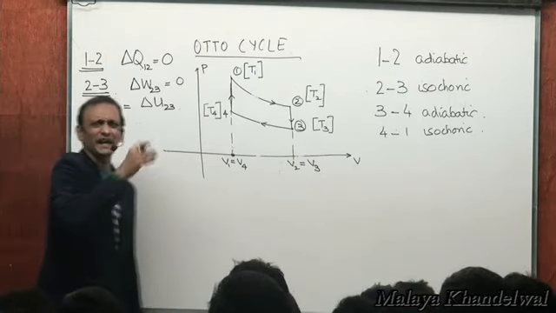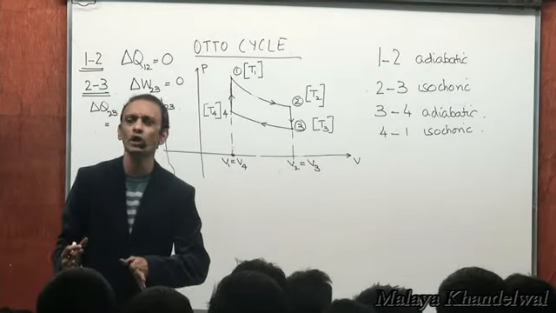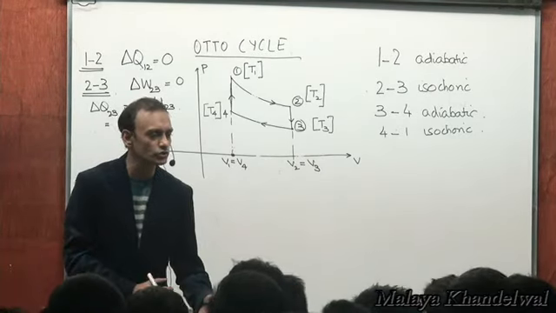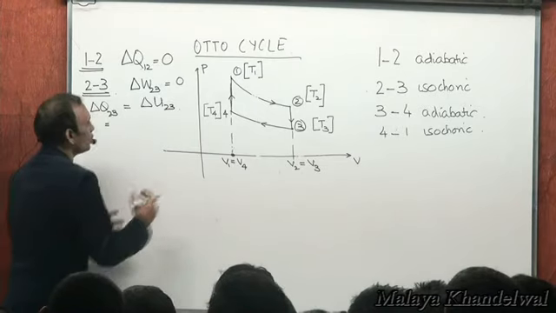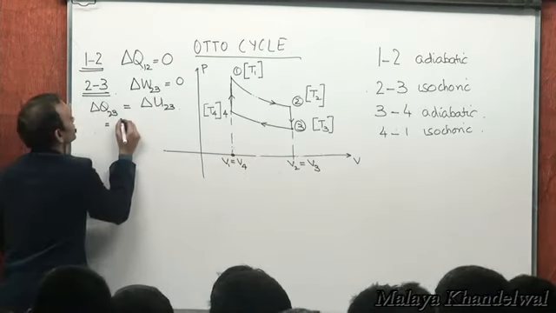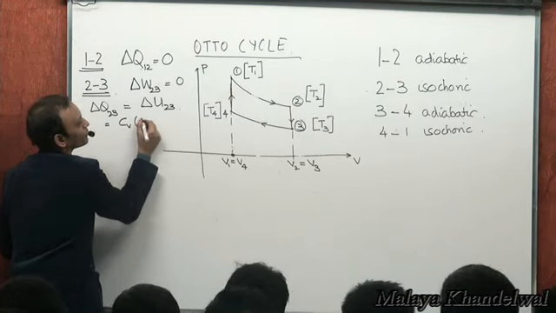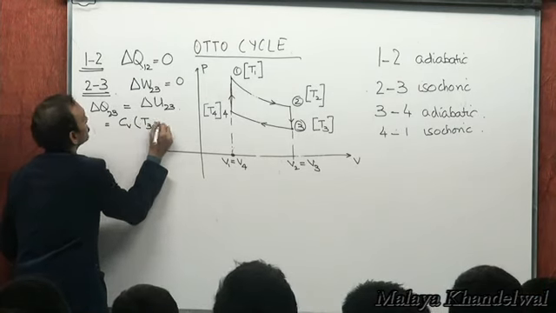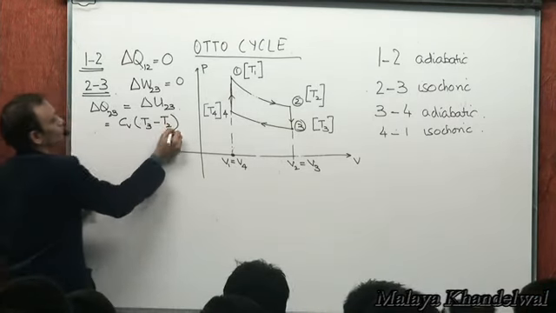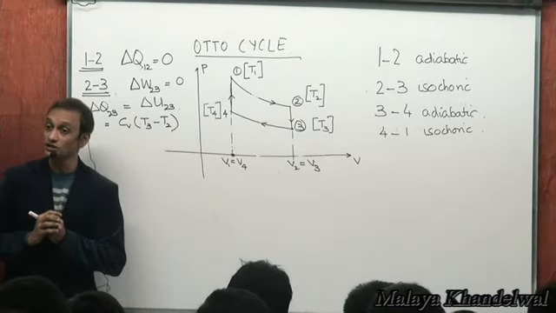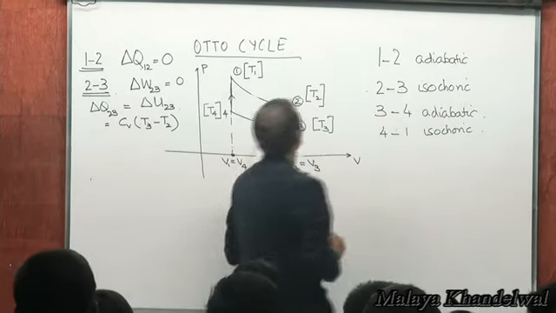Let's say, let me take it for 1 mole, because the efficiency will not matter whether I do it for 1 mole or 2 moles or 100 moles. So for 1 mole, the change in internal energy is going to be CV into T3 minus T2. Final temperature minus initial temperature. Now, realize